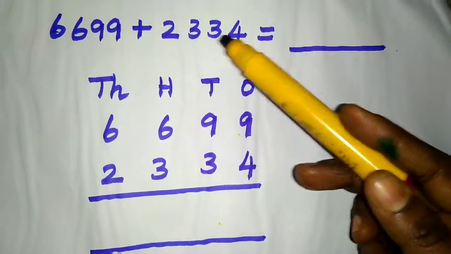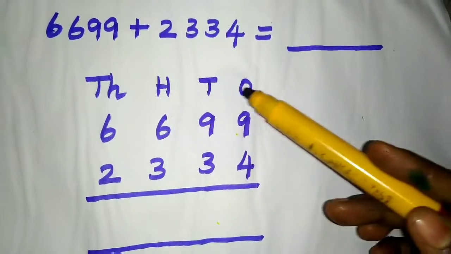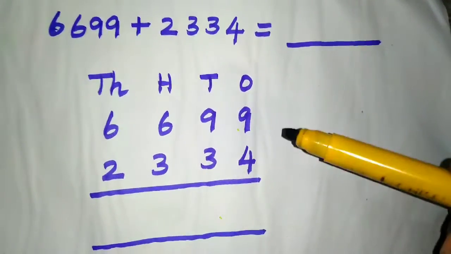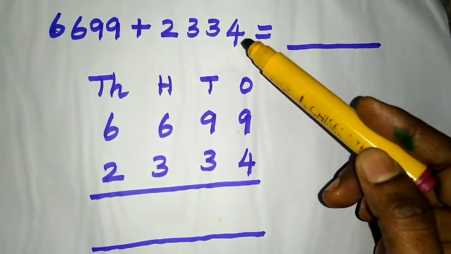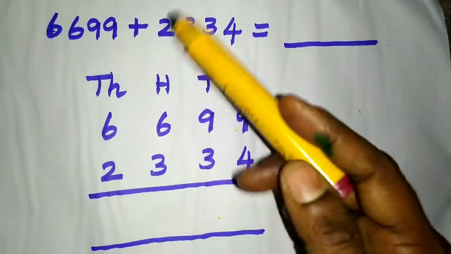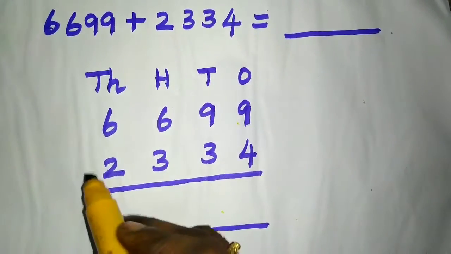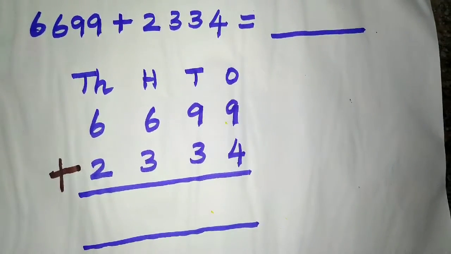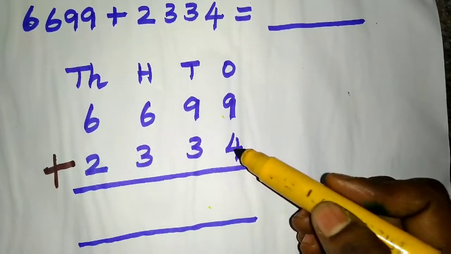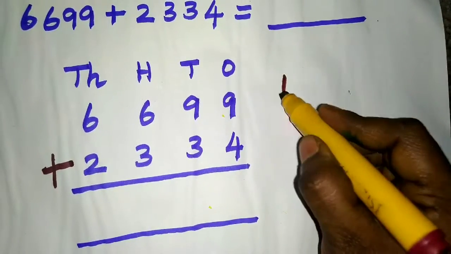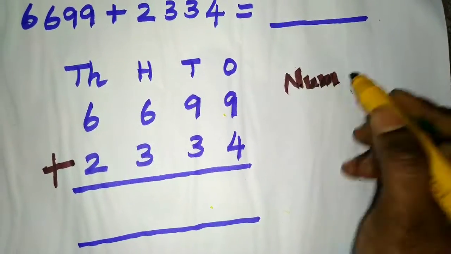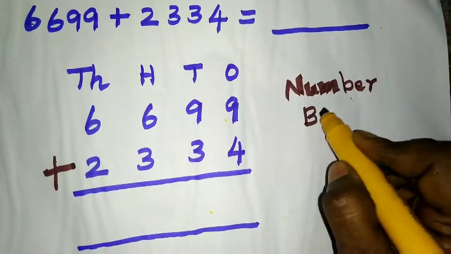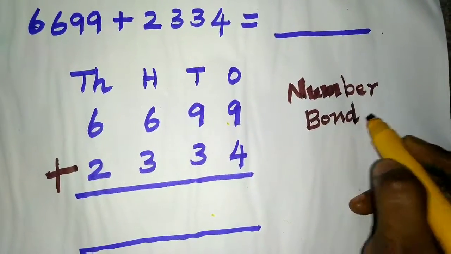Consider the two 4-digit numbers. Here we are going to do addition operation. These two numbers are arranged in order by using place values. These two numbers should be written in order which starts from ones place to thousands place. Do the addition operation using number bond method, because if the number is added with another number, you get the value more than 10, which means we have to do number bond.